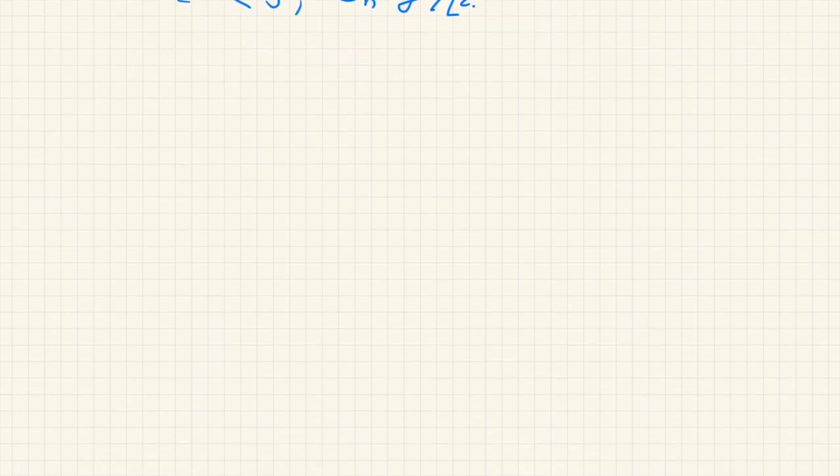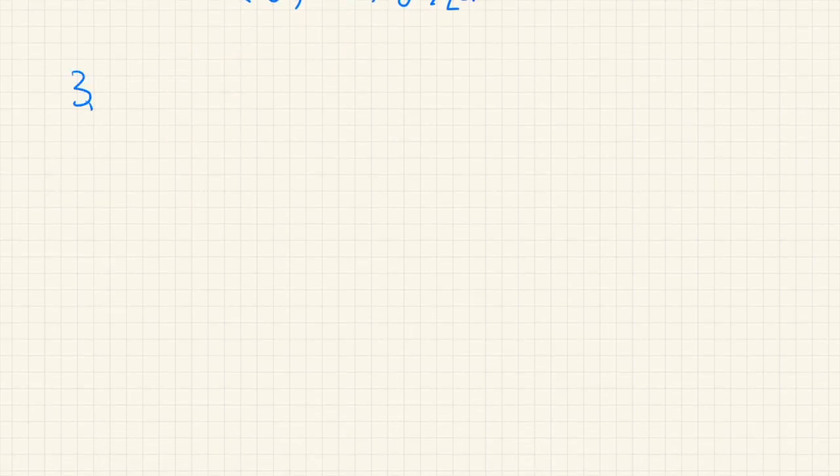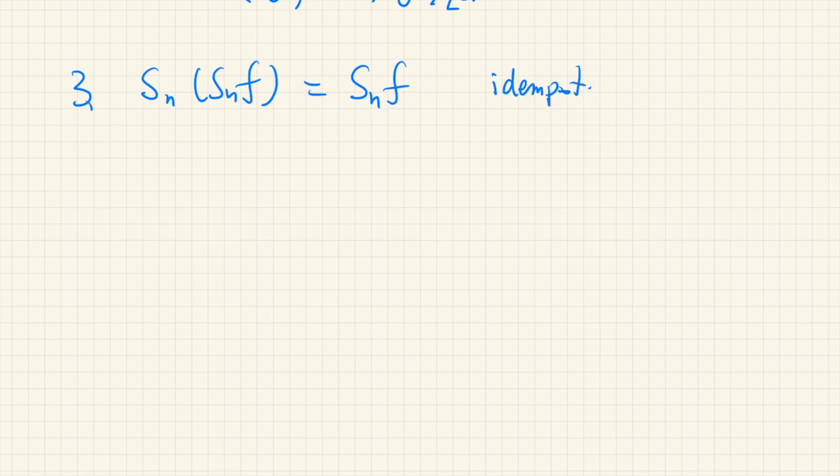And finally, the third property is this. If we apply this operator twice to a function, then the effect is the same as applying it only once. In other words, this operator is idempotent. Okay, let's show this. So the left-hand side, first we expand this inside here. That becomes the sum of the inner product,